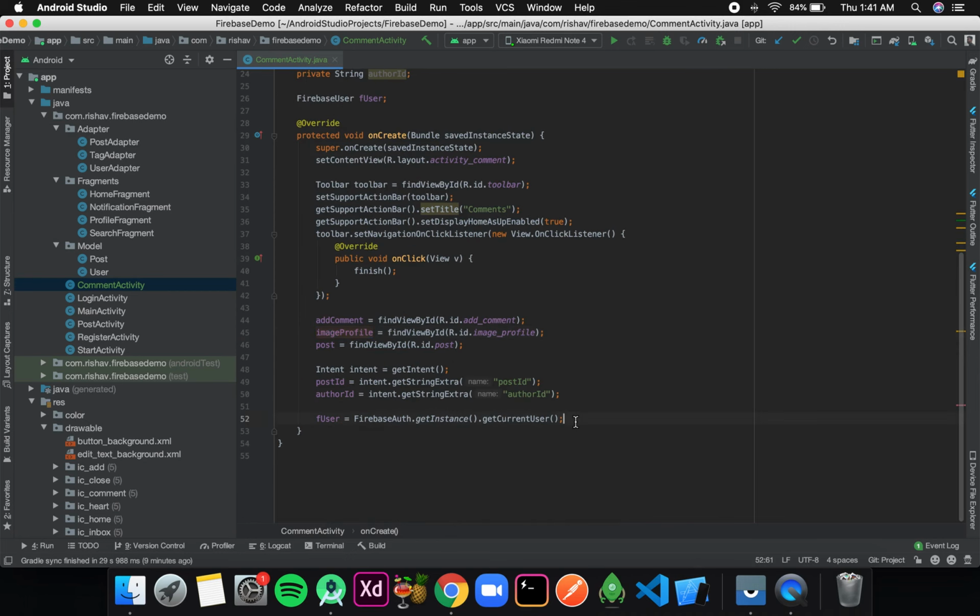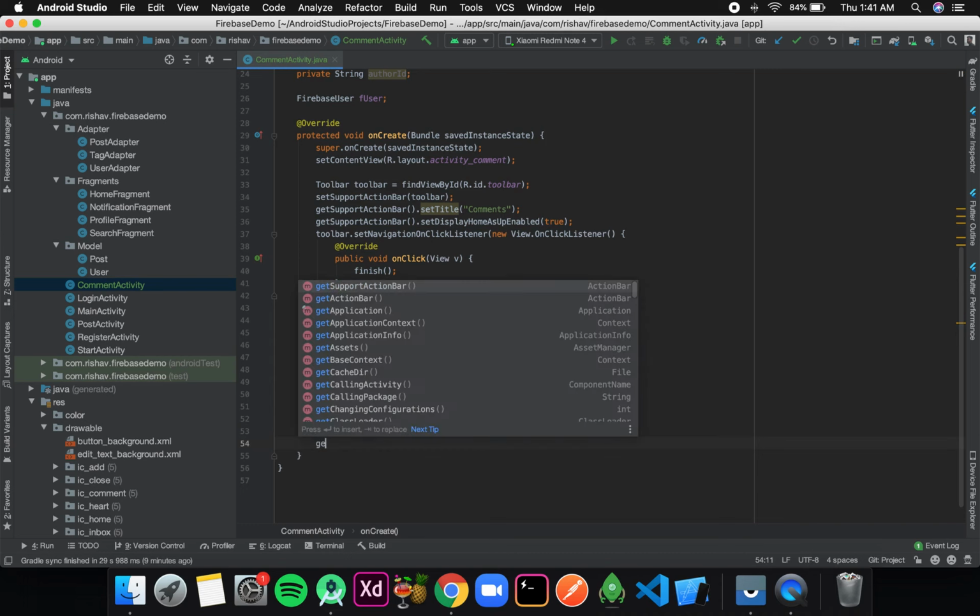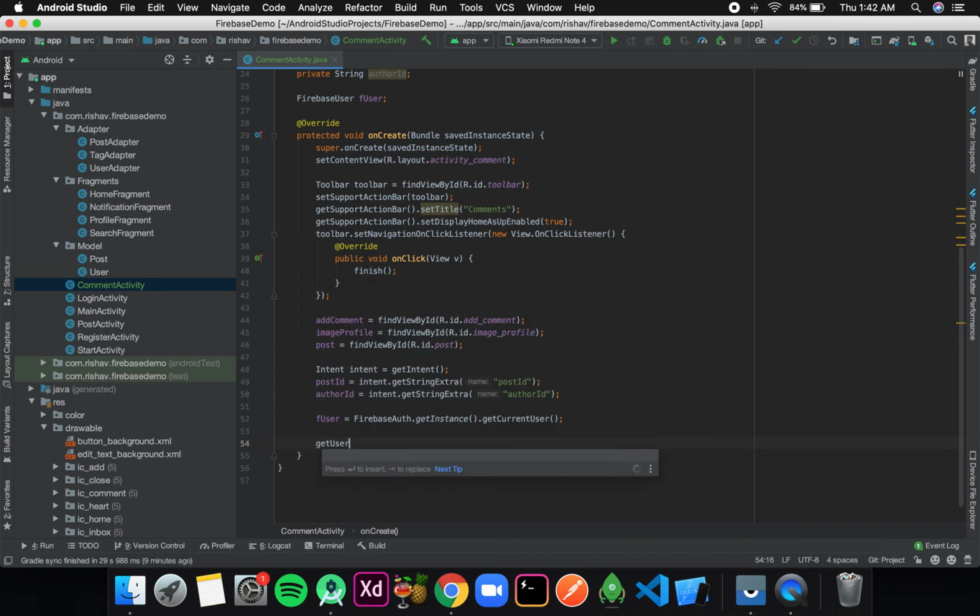Okay, so for that instead of writing in our onCreate method I'll create a new method. Okay, so the method name is getUserImage. Okay, and now I'll create this.